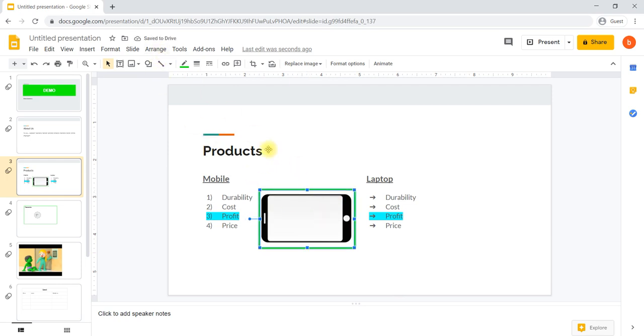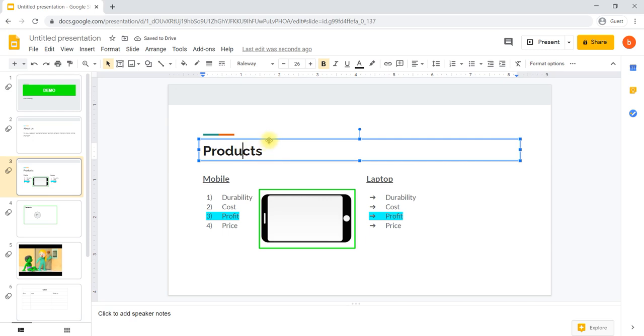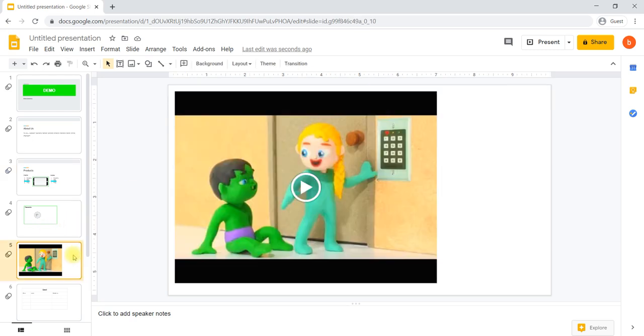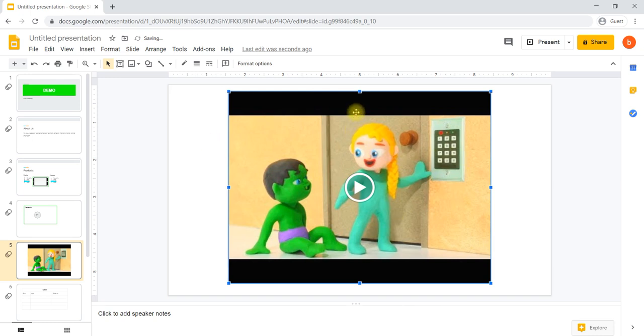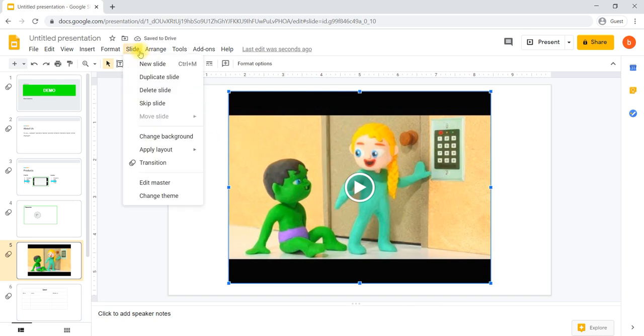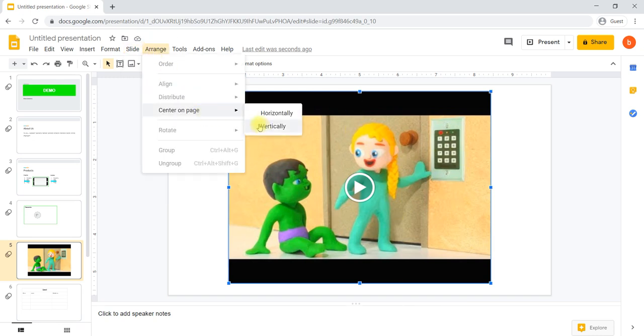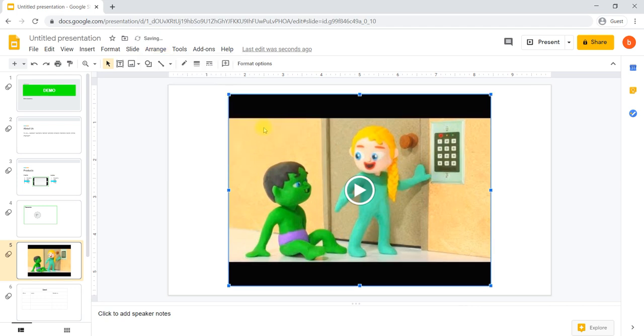Or if you would like to arrange this particular section at the center, for example, here, this particular video, if you would like to arrange it at the center of the sheet, then we go to Arrange, Center of the page, horizontally and vertically also. Arrange center of the page vertically.